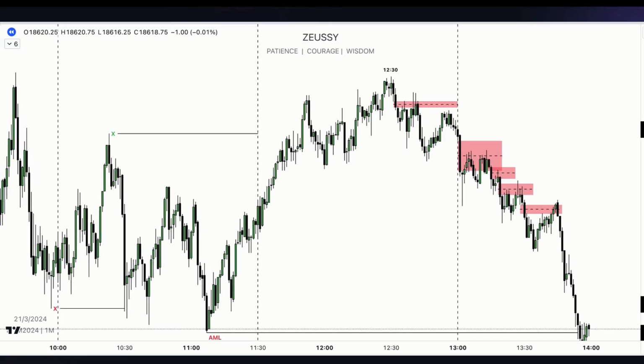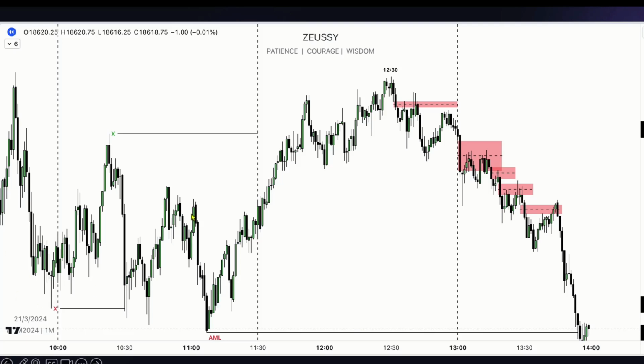What I've done with this lipstick is the following. First of all, I have added the 90-minute cycles, their respective opening times, by showcasing their opening times with a vertical line, as can be seen here. I've put vertical lines at 10 a.m., 11:30 a.m. and 1 p.m. Next to that, I have annotated the respective highs and lows of these time windows. Why did I do that? Because those levels are crucial reference points, as I've been sharing so far during this lecture.